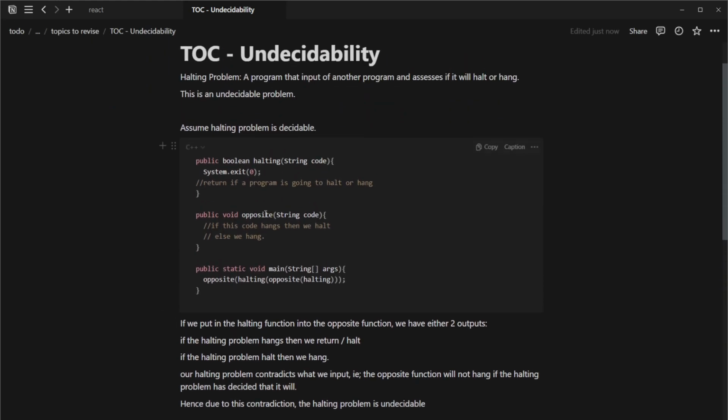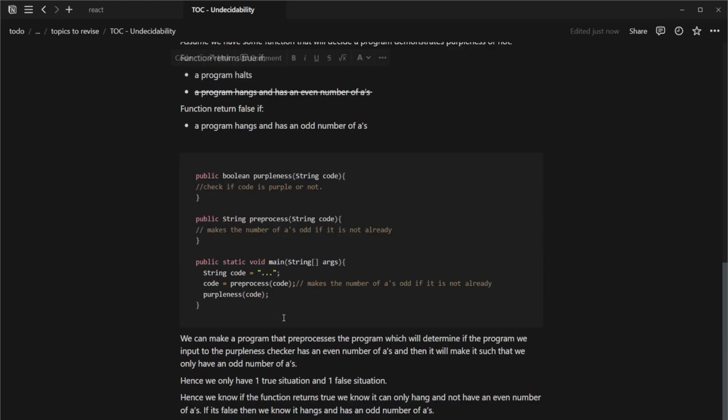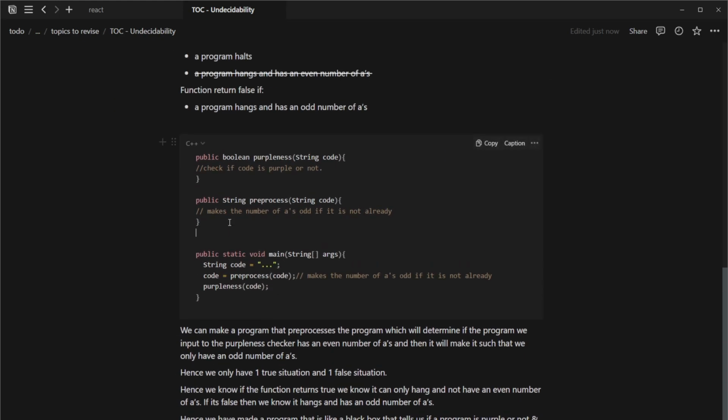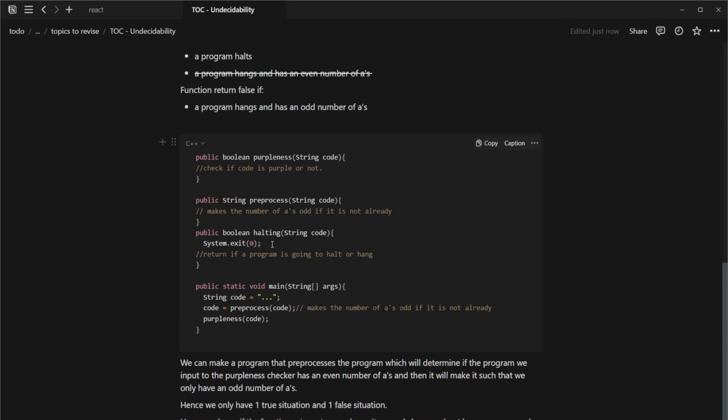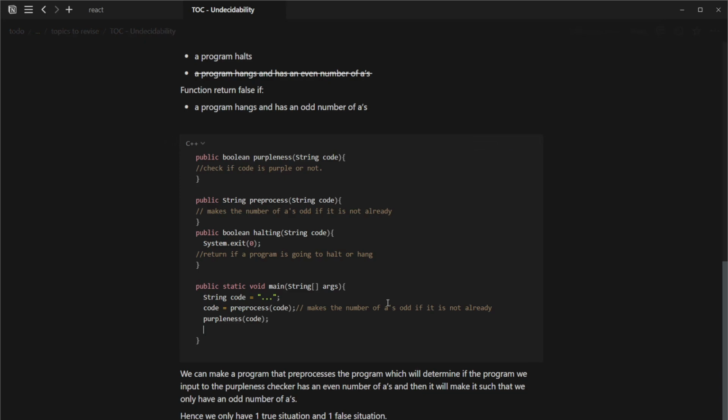So if I bring that from the top one, let's say if I did have this halting problem, right? And it will return if a program's going to halt or hang, then if we do this, if halting(code),